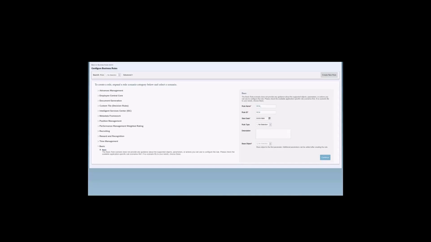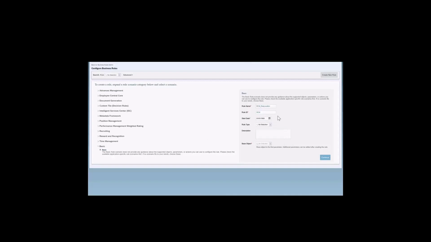So if you start the rule with RCM, then you will know all of the rules that use RCM will be the rules for recruiting. Okay, so you can do, for example, requisition location, and then when you tab,